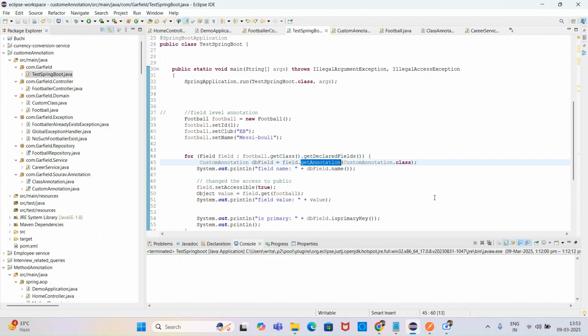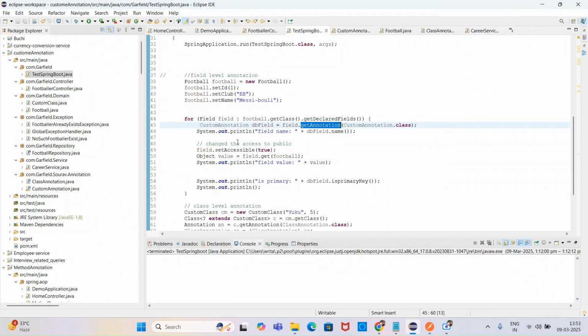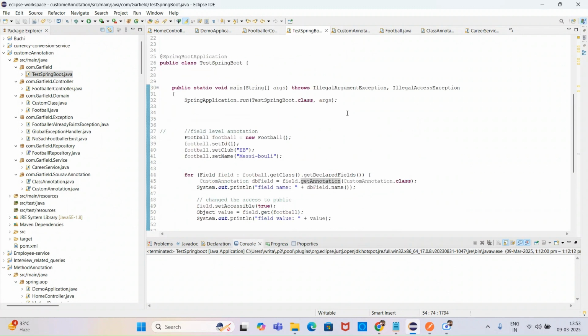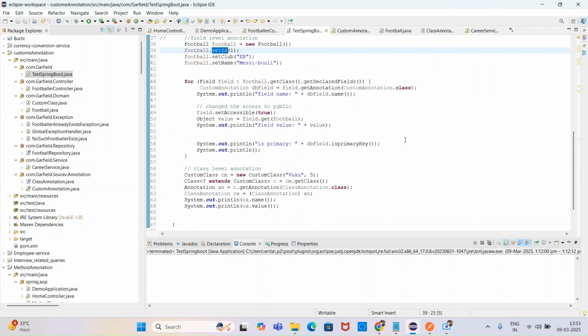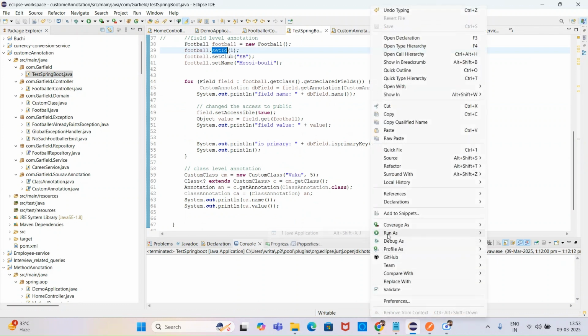So that's why we are doing getAnnotation here. Then we need to change the accessibility to public, so we are setting setAccessible true, and we are getting the value and key also. Whatever value we are passing with this particular annotation, we should get the value as well as the primary key. So if I run this program,